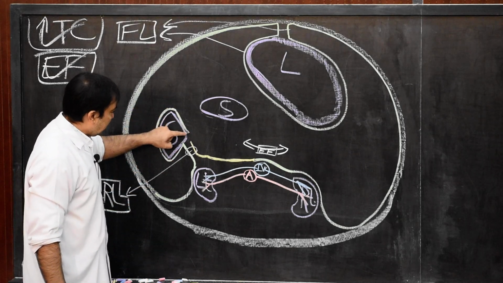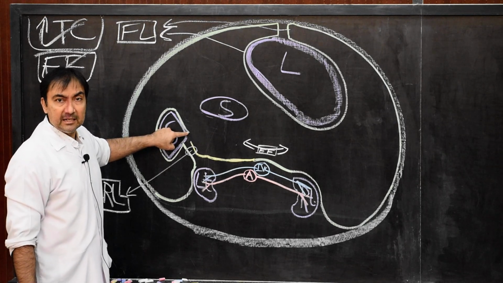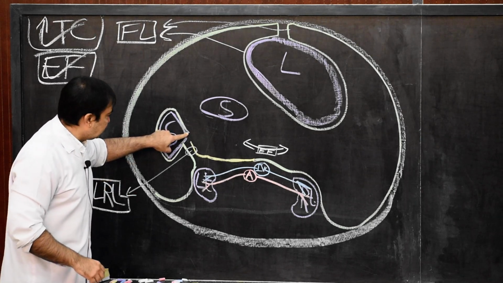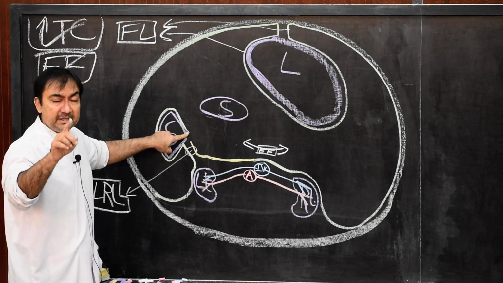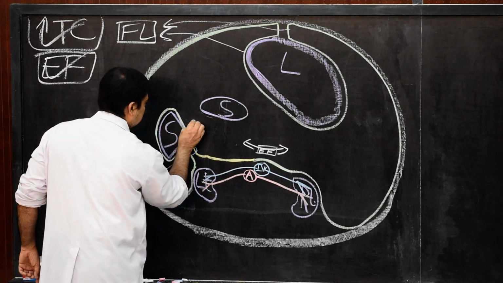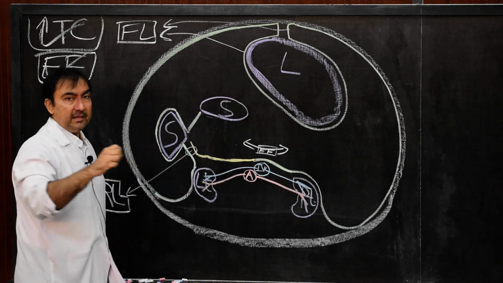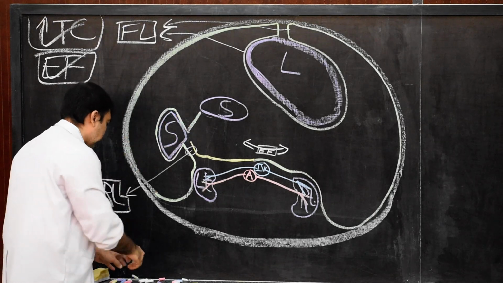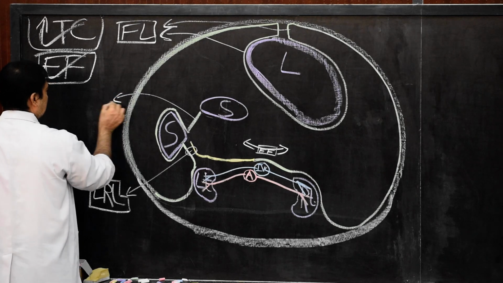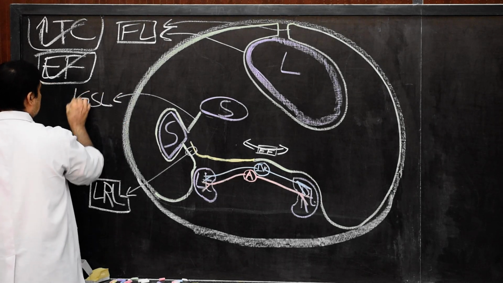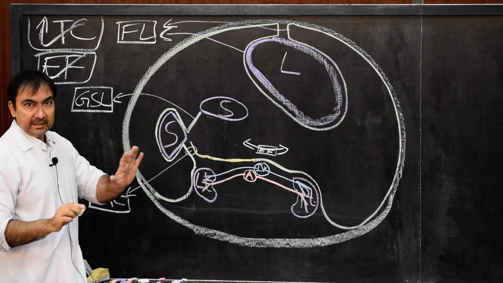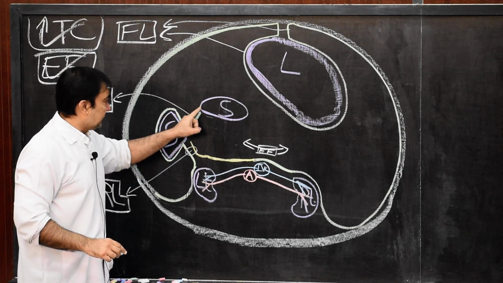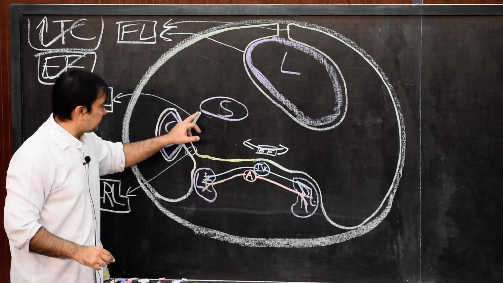And then it will come to the anterior lip of the hilum of the spleen, where my finger is. At the anterior lip of the hilum of the spleen, it becomes continuous as the anterior layer of the gastrosplenic ligament. So here, I will mention this as gastrosplenic ligament. This also I will explain in the end. As it continues as the anterior layer of the gastrosplenic ligament, it will pass to the fundus of the stomach.